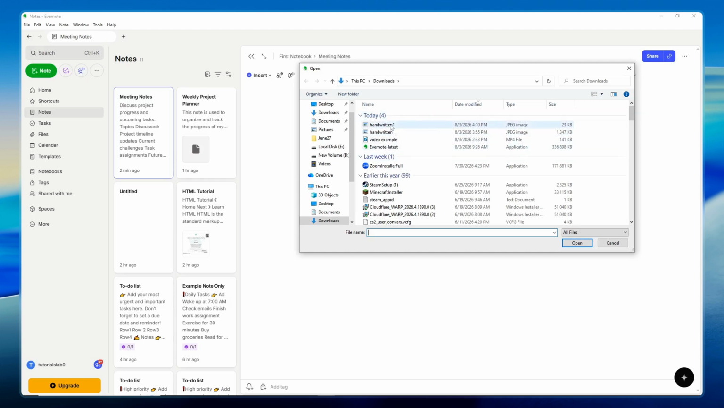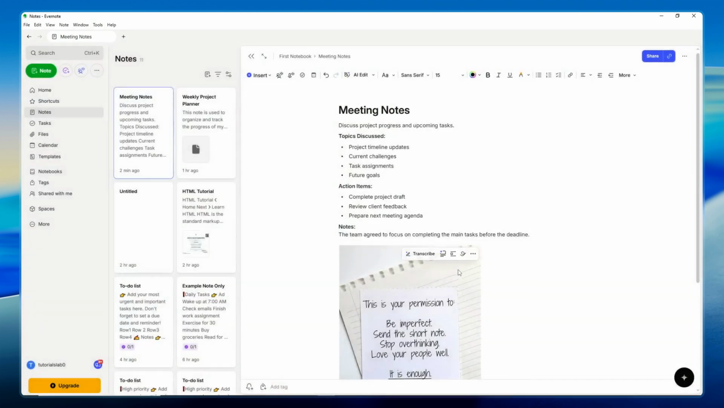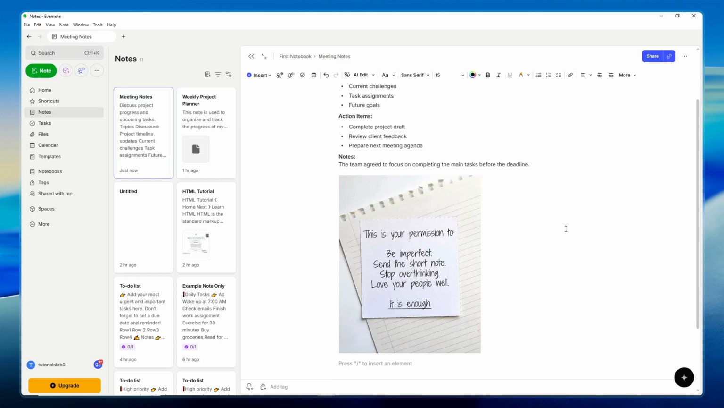Browse through your files to locate the image containing your handwriting. Once you've found it, select it and click Open to proceed. Make sure the image is clear and legible, as this will improve Evernote's ability to recognize and index the handwritten text accurately. After selecting your file, you'll need to wait a moment while Evernote uploads and attaches the file to